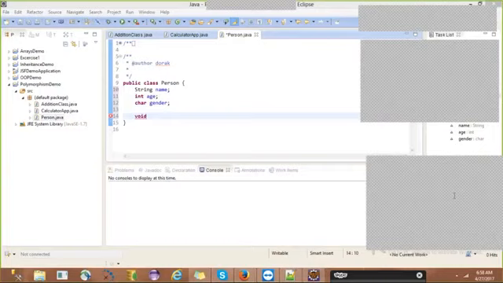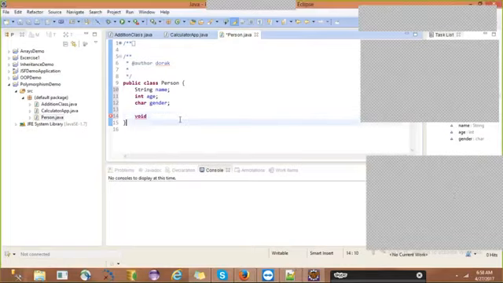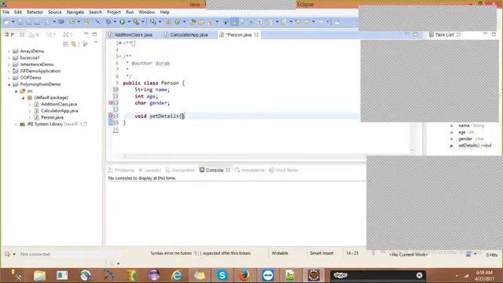But instead of set person details, can I give the name as set details or not? We can give, right? Instead of saying set person details, I am saying it as set details. And what are the parameters I should write?